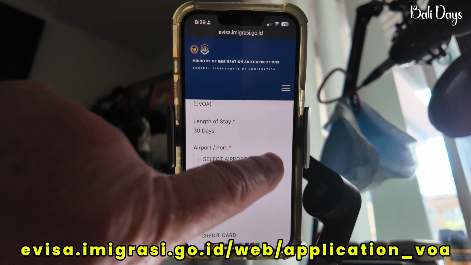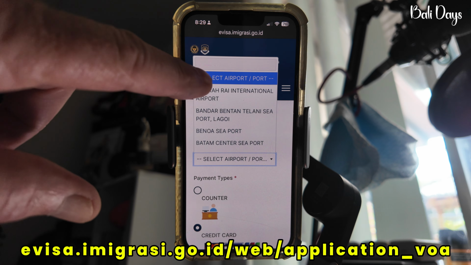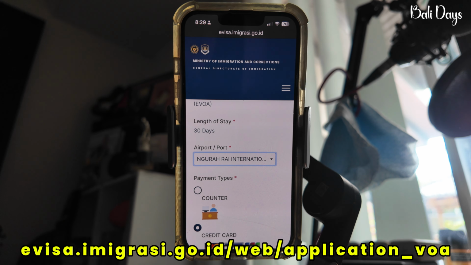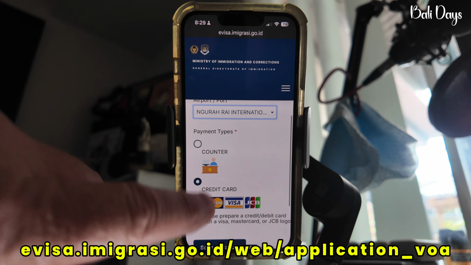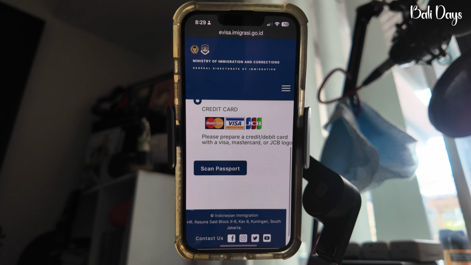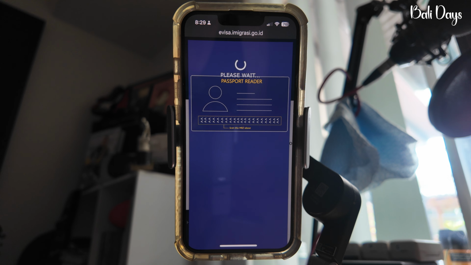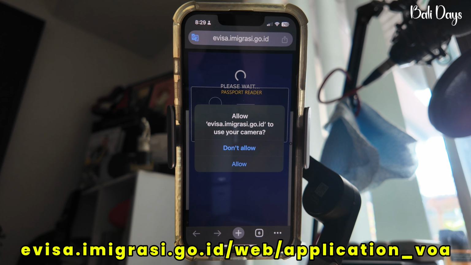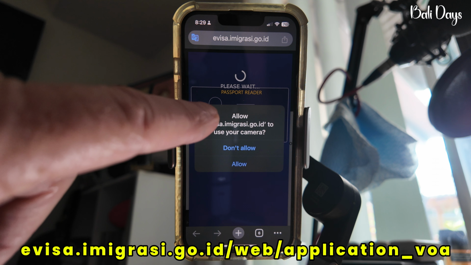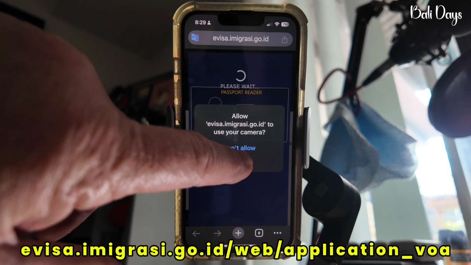Firstly, select airport, which is this one here, Ngurah Rai International. Payment types: at counter or credit card. We'll do credit card because we don't want to go to the counter. This is the whole idea, is saving time. And then it goes to scan passport. You get the reader, which comes up, it wants to allow access to your camera. So you'd have to say allow,